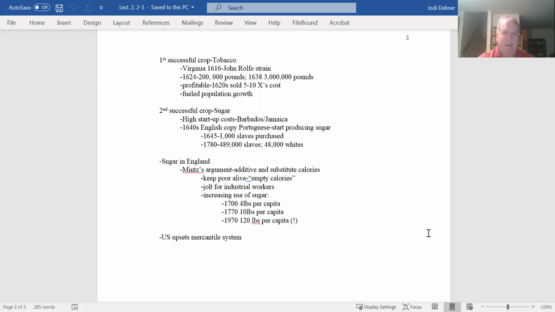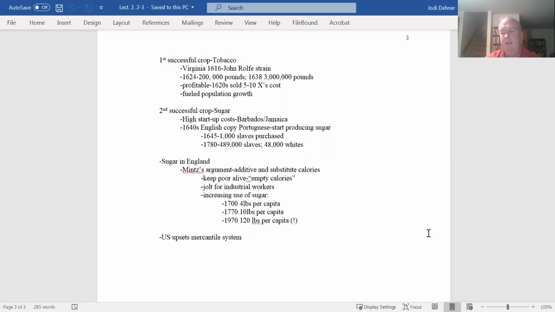This meant many different things. One of the things it means is that the white population is justifiably terrified of their much more numerous enslaved population. So in order to maintain control, they use very draconian exhibitions of violence. This relationship treated the slaves extremely harshly for any infraction, because the whites are terrified that the black population will rise up against them. Related to this production of sugar is the other end of this equation, the consumption of